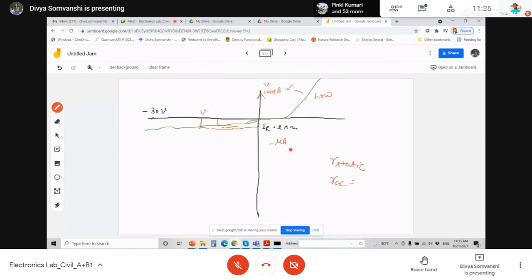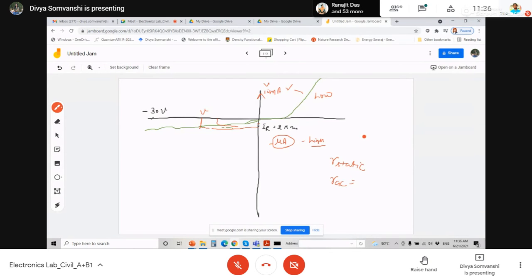But here your current is of very small order, it means your resistance is high. So this is a simple thing. When you calculate your static and AC resistance and compare those values for both forward and reverse bias, you come to the same conclusion. In theory classes, we have already read these things in a theoretical way. But when you have your data, plot it and calculate, then you actually realize what we learned.